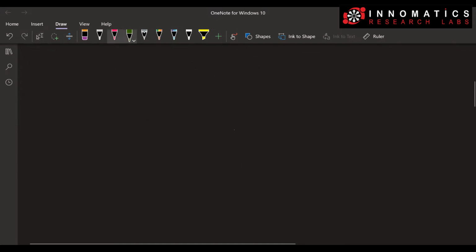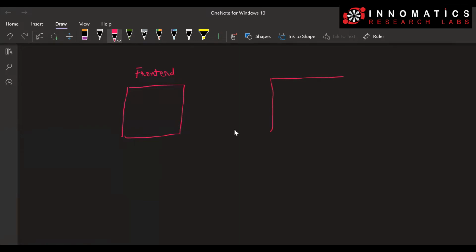Whenever we talk about any software product you can think of, a software product is going to have something called a front end. Let me create something, front end and some back end, right? Now the user, we also call it an end user, is going to interact with the front end of your software product, right? Maybe let's say the software product you are designing is just to submit some forms, right?